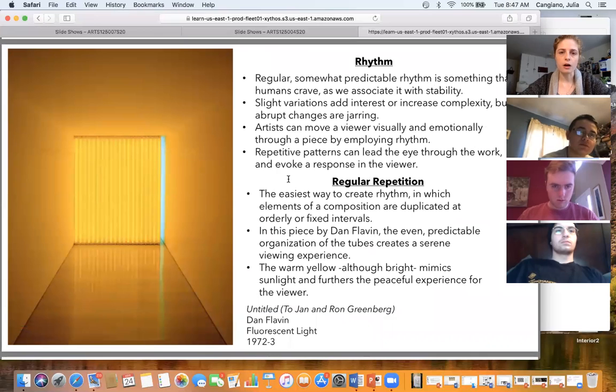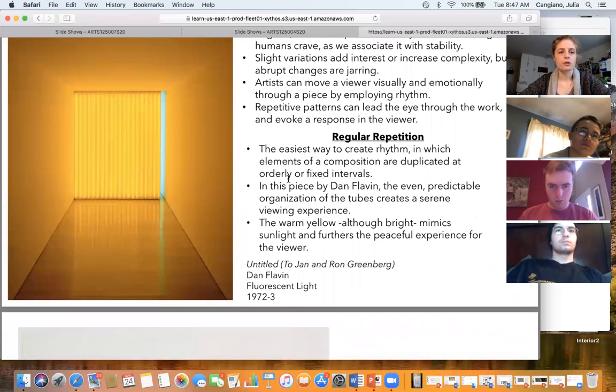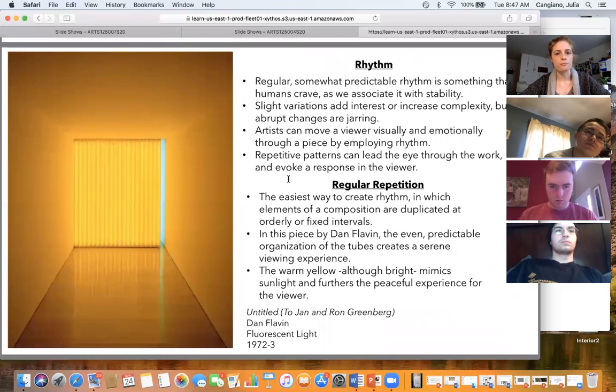Okay, and then we have rhythm and regular repetition. These are pretty similar, and these two examples are really solid examples of them. But as humans, we crave regularity, predictability, and stability. So things like pattern or repetition are very pleasing to us.